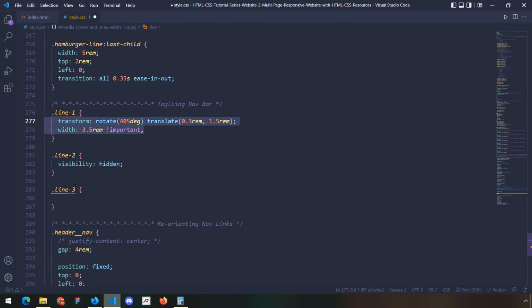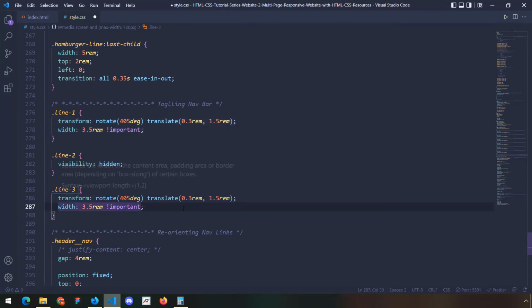For this one, we are also going to do these two values, but they're going to be different. So the rotation is going to be negative 405. It's going to be in the opposite direction. And the translate of x, we don't need to translate it along x. So I'm going to say 0, but along y, it's going to be negative 1.15. And the width is going to be 3.5 rem as well. And finally,